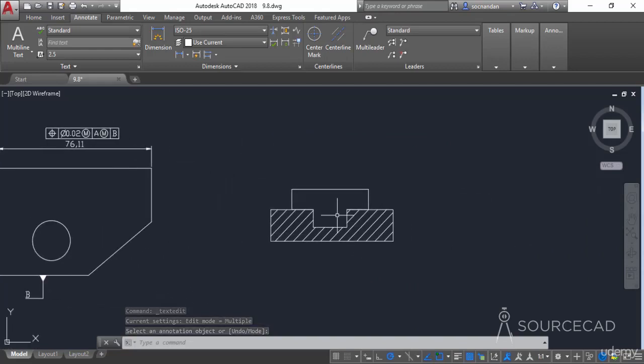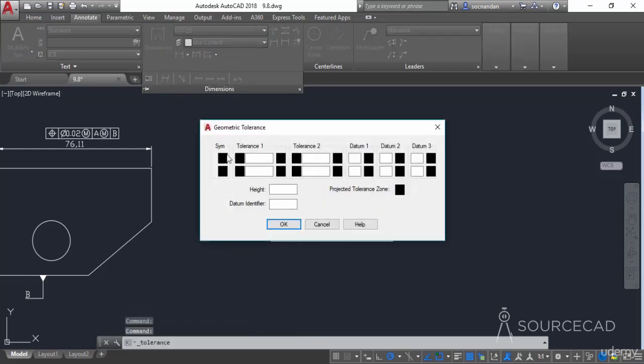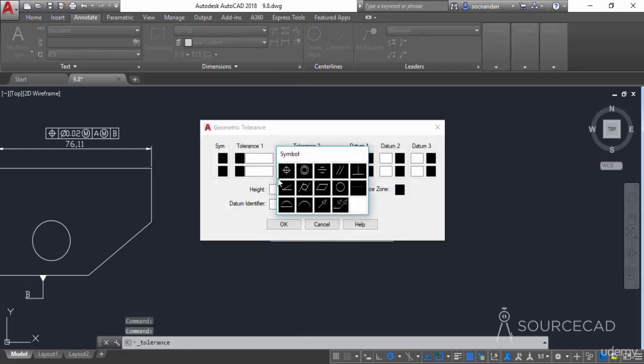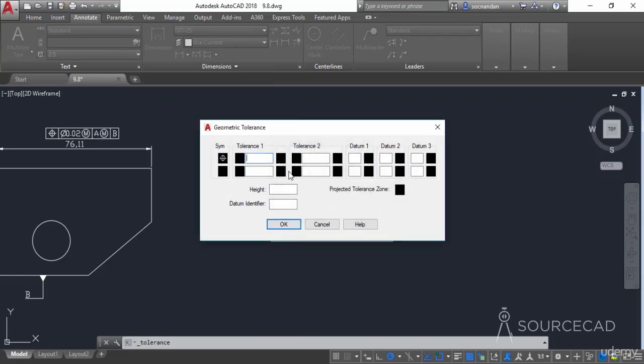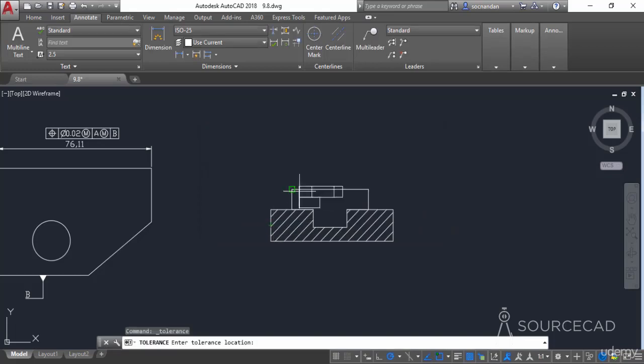So in this case also, if you want to add the feature control frame, you need to again go to this tolerance option and once again repeat the process. So I'll once again select the position tolerance. Obviously you can select any other value, and the tolerance zone, the value of tolerance, the datum, which is A. And now here we have this projected tolerance zone. So if you have any projected tolerance zone, you can click on this. So that will indicate the projected tolerance zone, and you can specify the height of that projected tolerance zone. Let's say that its height is 10 units. So type 10 here. Now click on OK and add it